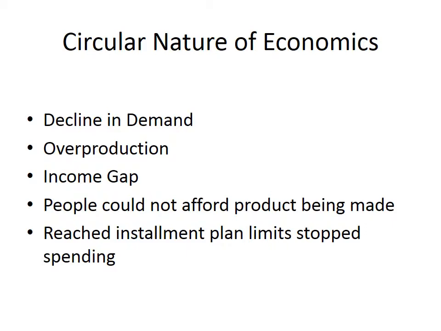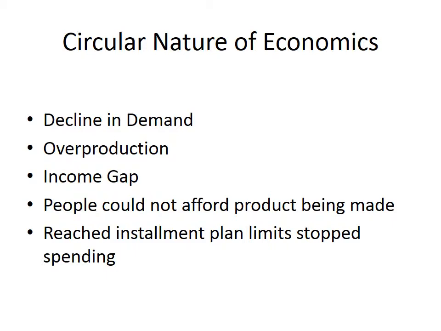So if they have an overproduction of goods, they're going to lower the price of those goods, and they're going to stop producing because people aren't demanding their product, and they obviously only want to produce as much as people want or need. A lot of times this causes an income gap. The people at the top are making a lot of money, and when they see that their products are not being sold, they stop producing and then lay off workers, increasing that income gap because obviously people who aren't working don't have money. If they don't have a job or if they're being paid low wages, they can't even afford the products that maybe they're making, right?